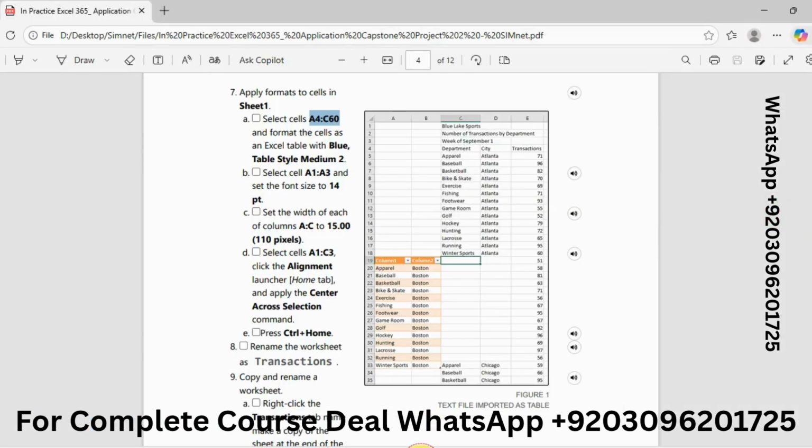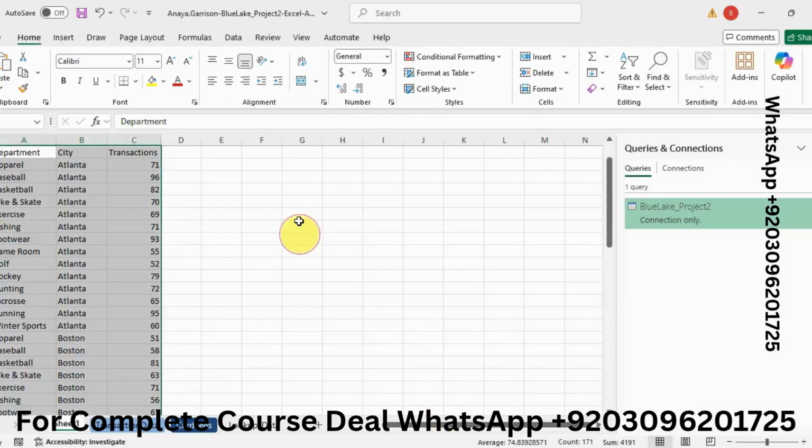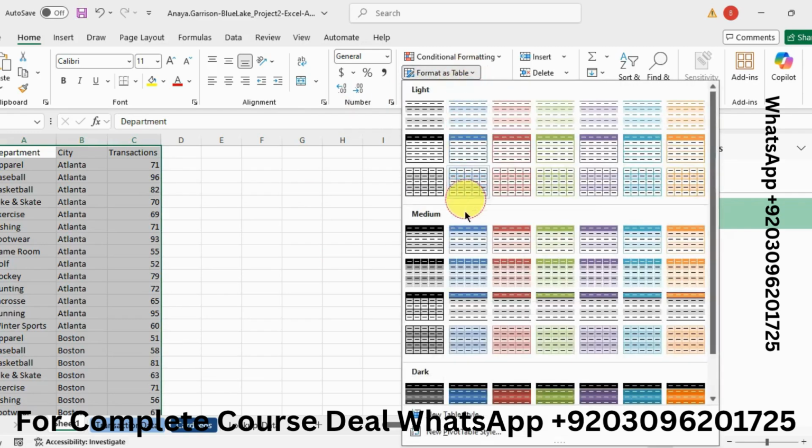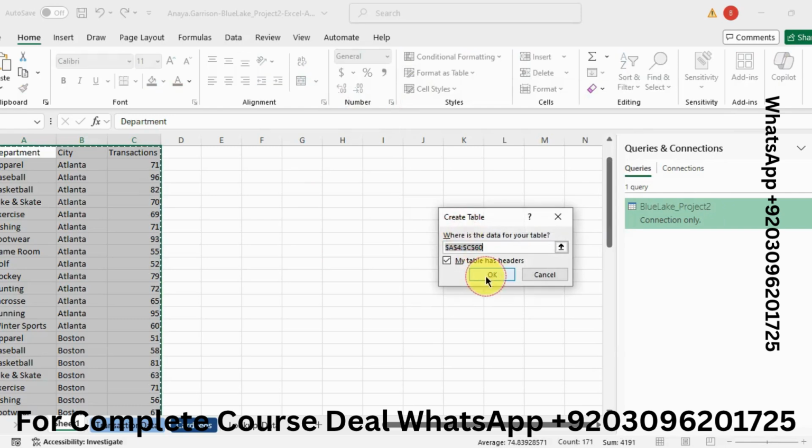Now format these cells as an Excel table with Blue Table Style Medium 2. Go to Format as Table, select Blue Table Style Medium 2, this one, and then click on OK.